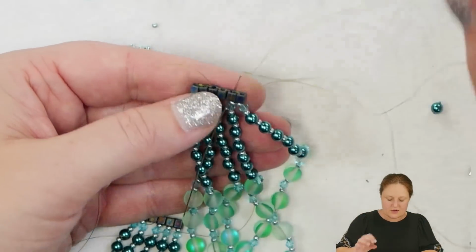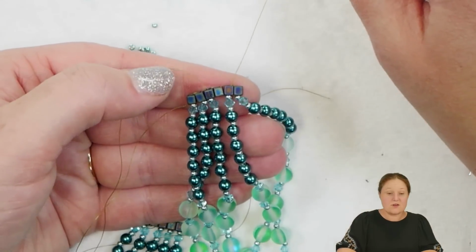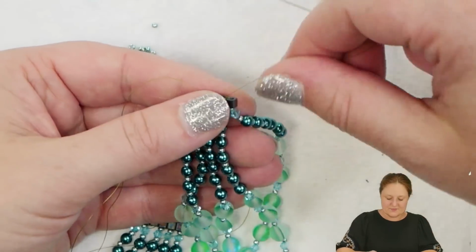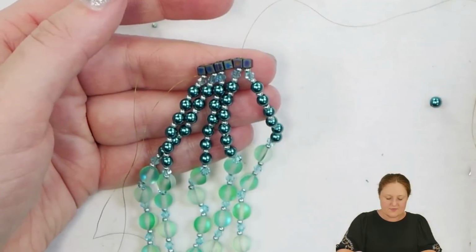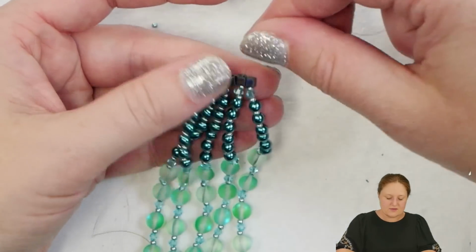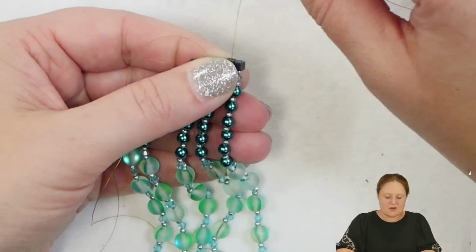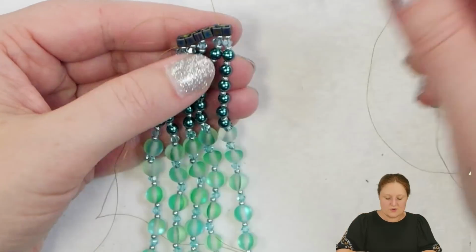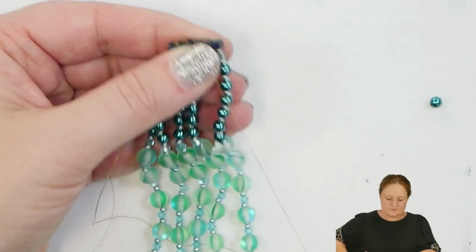So I can go in here and I can unwrap it, and then I don't have that thread sitting on the outside of my bead. So once you make that a stop bead, it's very easy to just unwrap it and you don't see the thread. You can leave the thread there too if that doesn't bother you, but I prefer to just take it off. So now coming out of that second cube bead, I'm going to go down through the third cube bead,